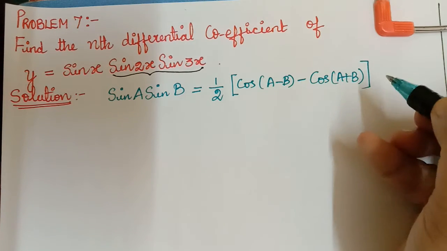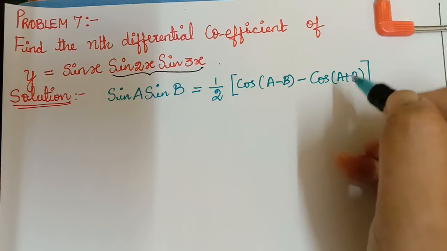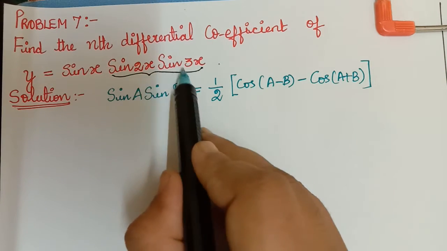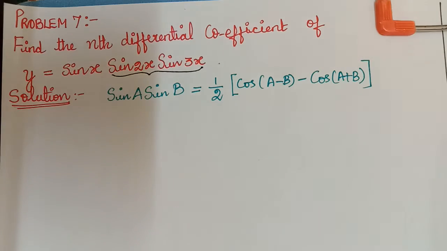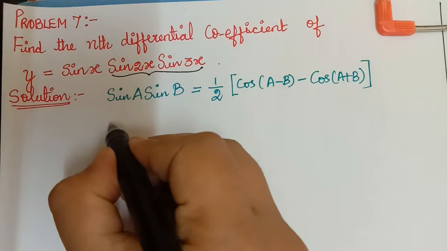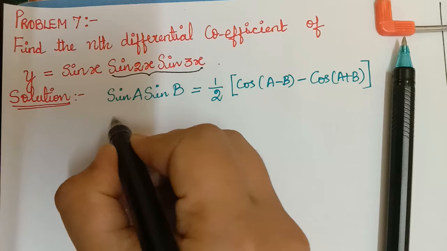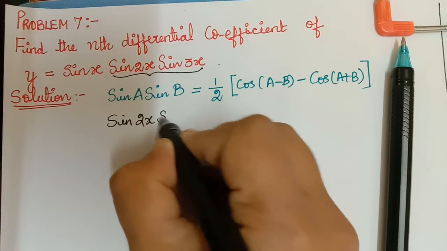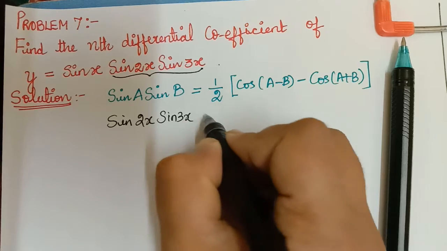Now we are going to use this formula for the multiplication of these two trigonometric functions. Using this formula we get sin 2x sin 3x to be equal to